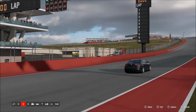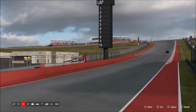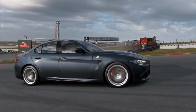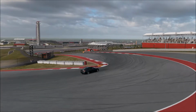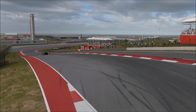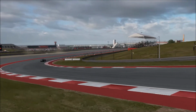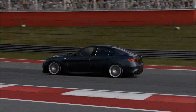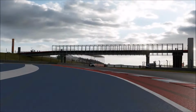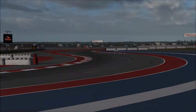Anyways, on the topic of times, I will tell you some times after I introduce this, which is the Alfa Romeo Giulia. I can actually try and pronounce it. It's, I think, quadrifoglio, something in that range of sayings. But it does mean 4-leaf clover in a different language, probably Italian. Anyways, I don't know how to pronounce it very well, but it is a fantastic vehicle in the real world, supposedly,